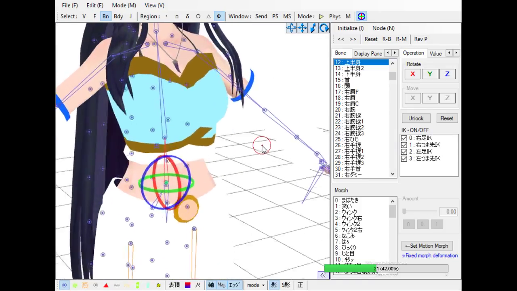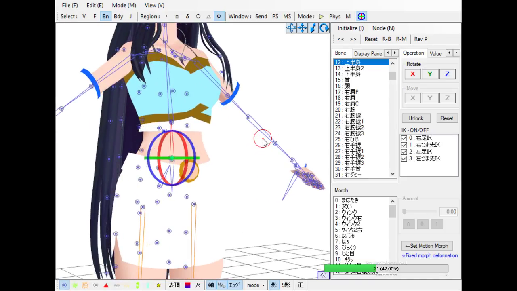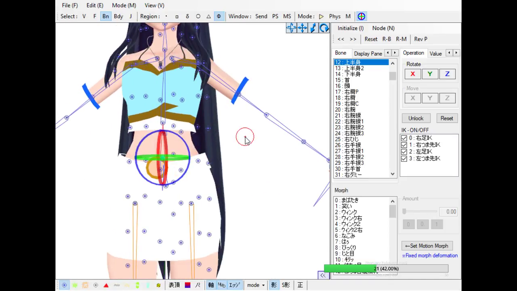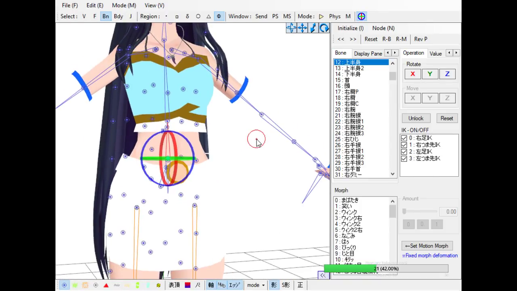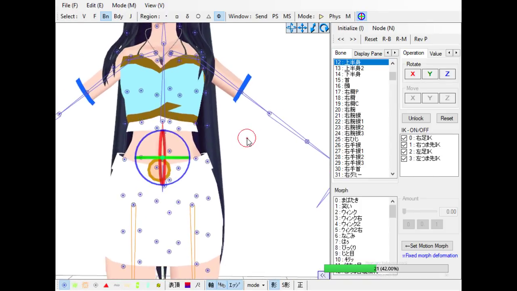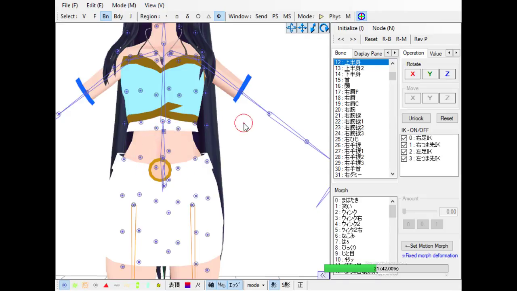I kind of expected that if I moved through that bone, it might actually move her through the shirt, but it doesn't seem to be doing so. So I'm not really sure. What I could do, just for experiment's sake, is to attach maybe this lower part of the shirt to this bone,